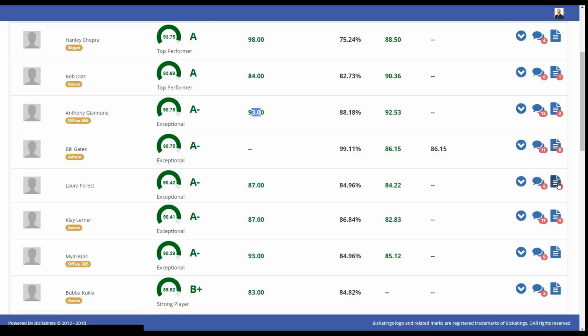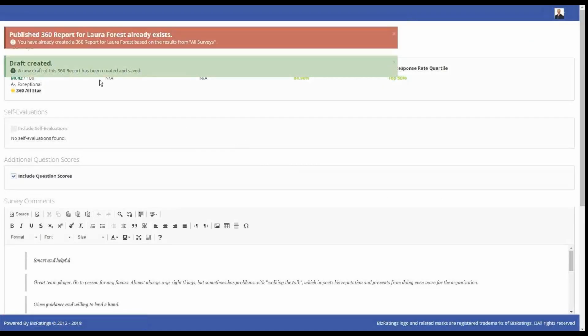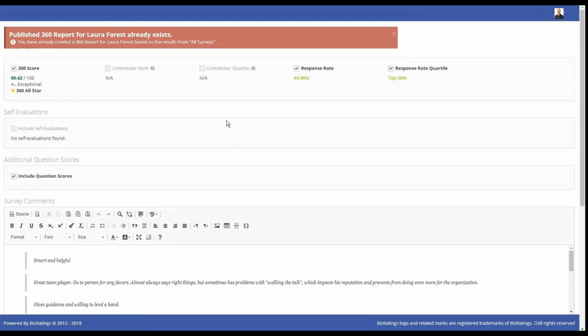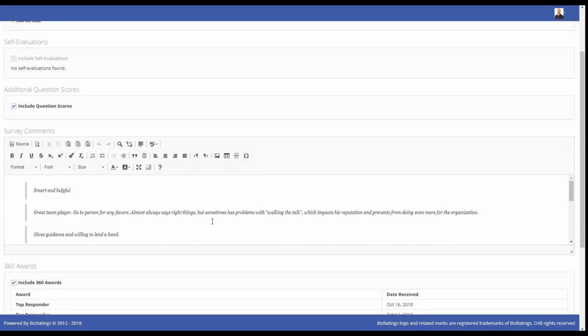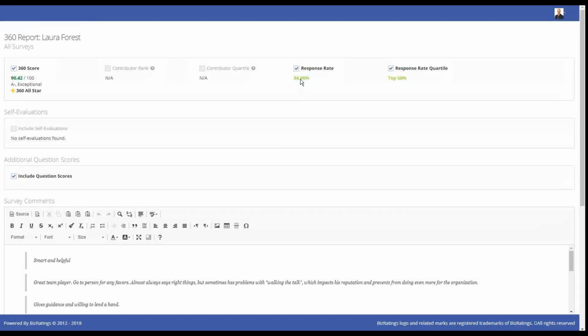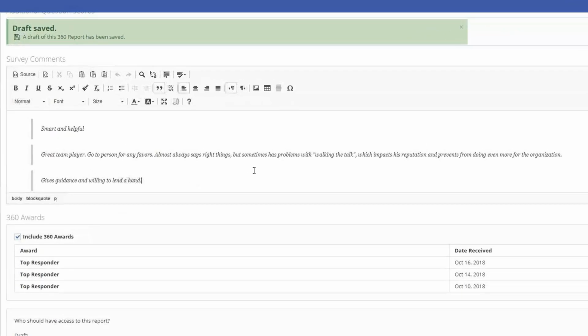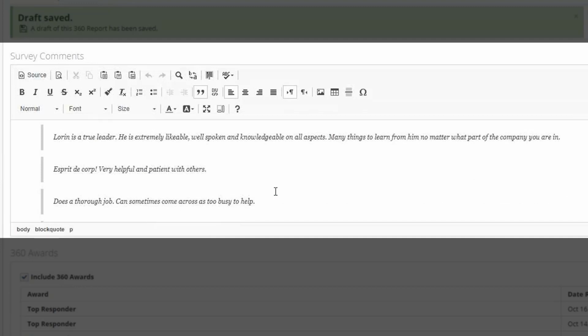Then this is shared with them by using what's known as a 360 report. This is now the first time that the data that has been accumulated will be shared with the actual individual. This is the supervisor's ability to go in and potentially review, in particular, the comments, but perhaps you don't want to share some of these other items. You can always untick them and not share them. The comments in particular are what we are conscious of.